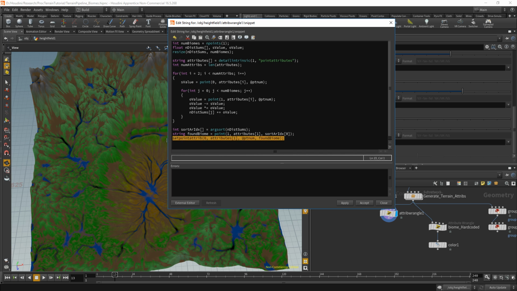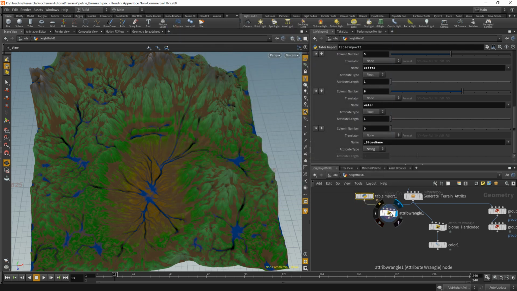We also are going to copy this and make an extra attribute, which is going to be biome index, because certain functions later are better with dealing with integers than strings. So we're just going to use the integer of the array again to write to the biome index. Okay, so if that all works,